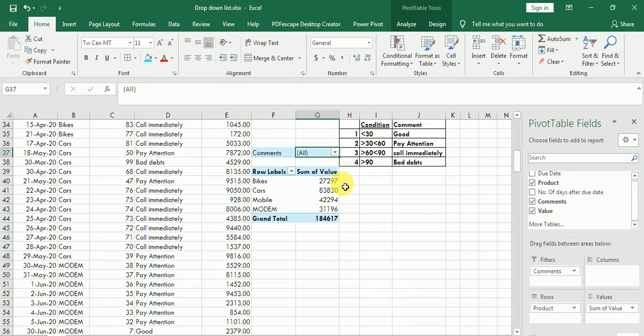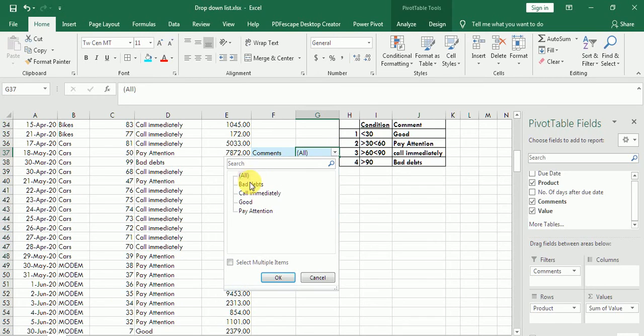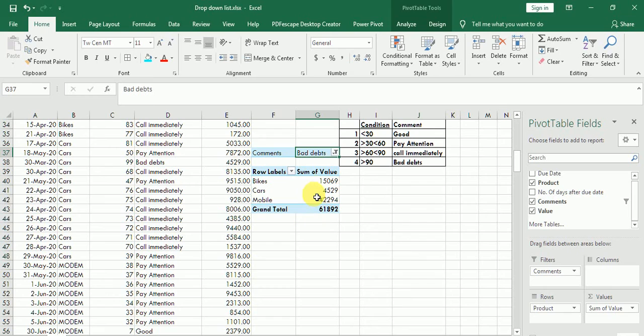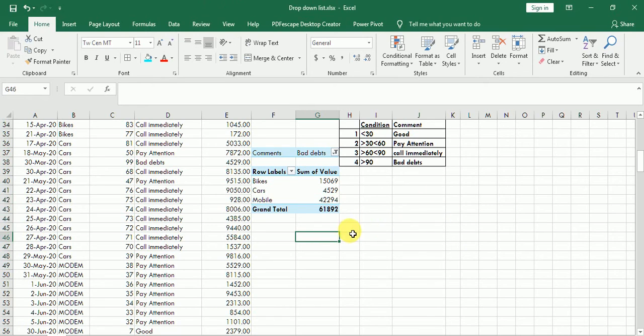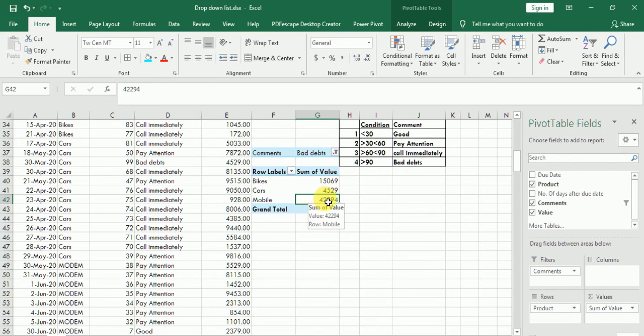Now when I am clicking on bad debts, it will show me the values of bad debts only. That this is the sum by product. So for bike we have bad debts of rupees 15,000, for car 4,000 and 42,000. Now I can also insert slicer for this. Now how to insert slicer? I will select a value, go to the insert,